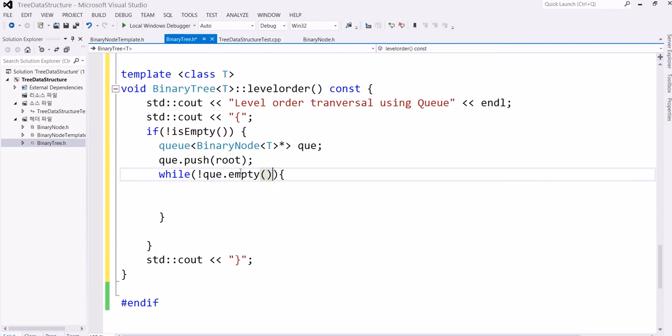So empty and push are built-in functions of the class queue. While not empty, then